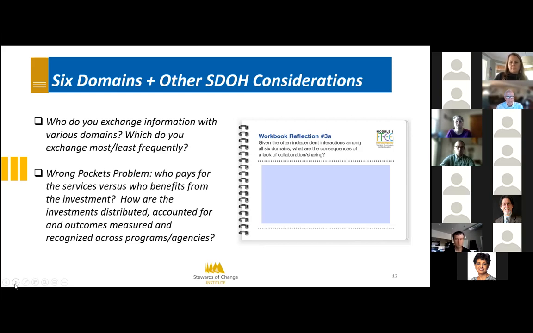How are those things accounted for, and how are they distributed? How are they recognized? And that comes back down to procurement, comes down to measuring outcomes, and it's a gnarly problem, needless to say, but one that's really got to be top of mind as we think about blending and